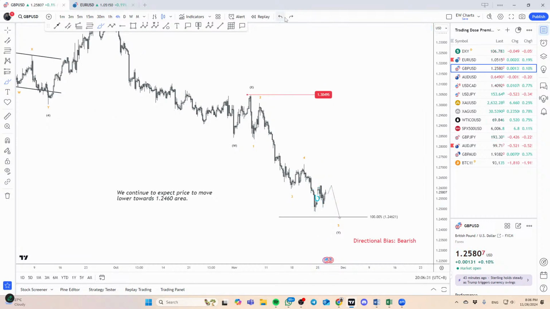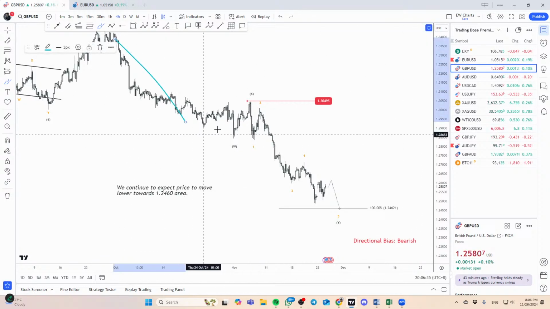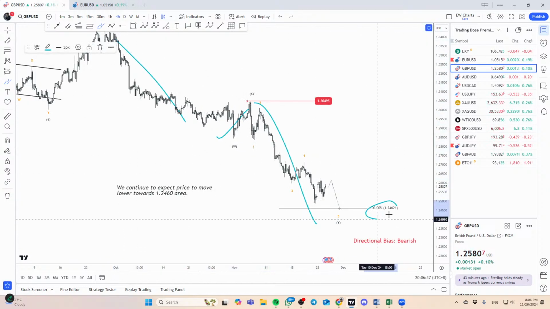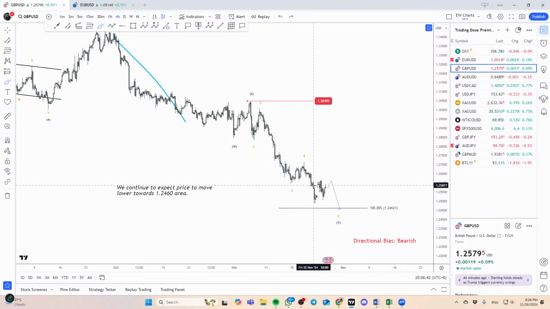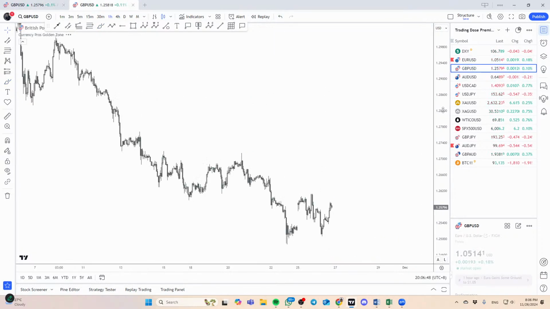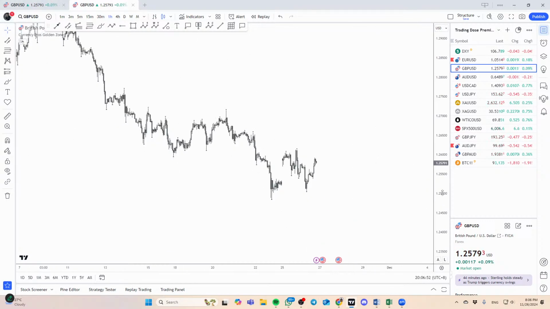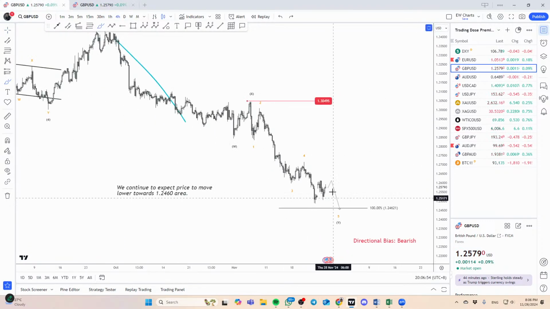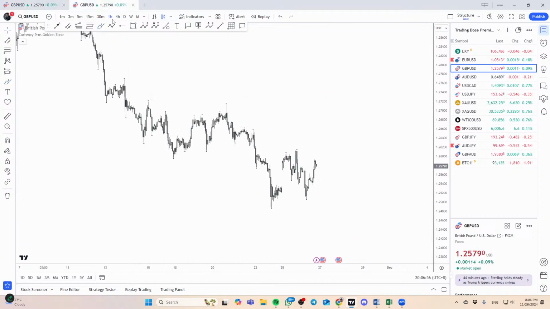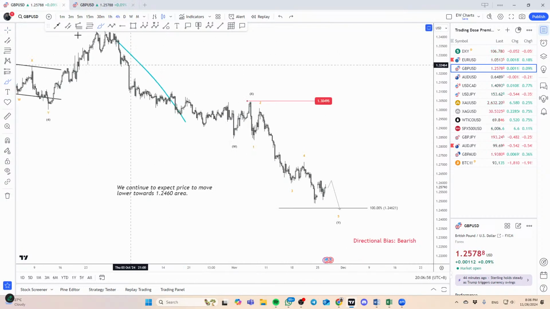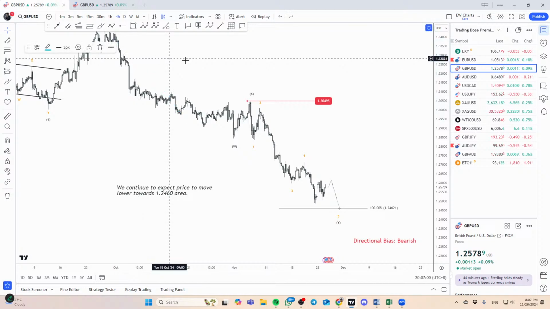So GBP USD here, in terms of Fibonacci expectation, we are also looking at a WXY. The 100% hasn't really been tagged. There's a good possibility we'll see that, right? And of course, you can see here it is corrective in nature, so we might get one more push. Okay. Now, I didn't really flag the pound dollar because, to me, I think the downside here may not be something that is very attractive to catch.